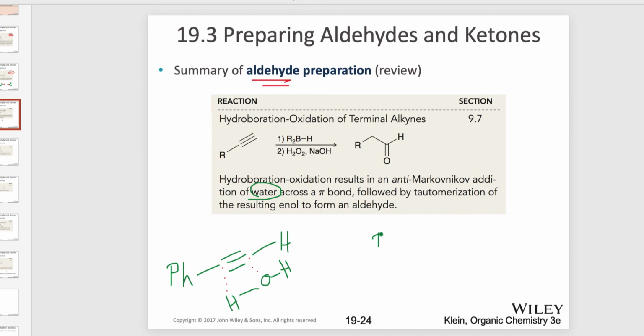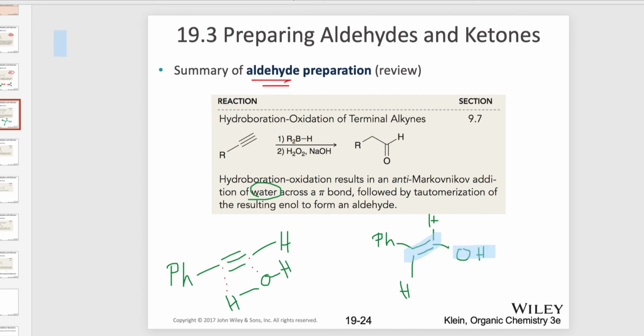It would be a phenyl group, because I'm taking 2 pi electrons to make 2 single bonds. Now the geometry will also change a little bit. What remains is a double bond. We have a new bond to a OH, and then we have a new bond to hydrogen. This is also known as an enol because it has both an ene component, I'm highlighting here, and an ol